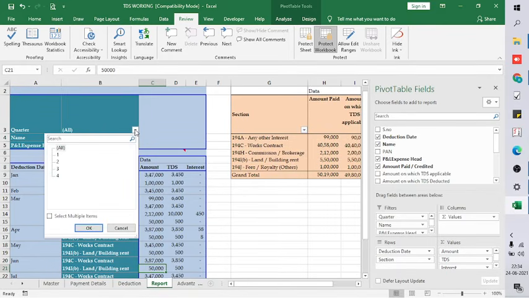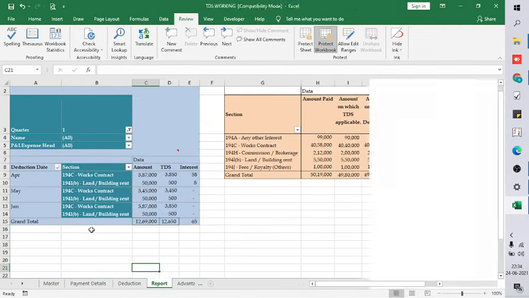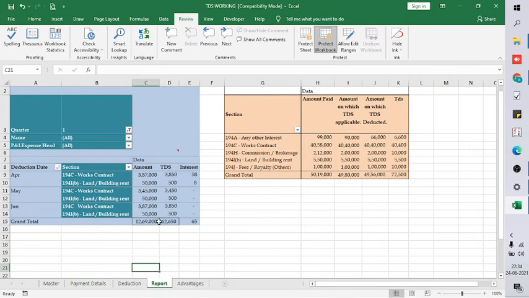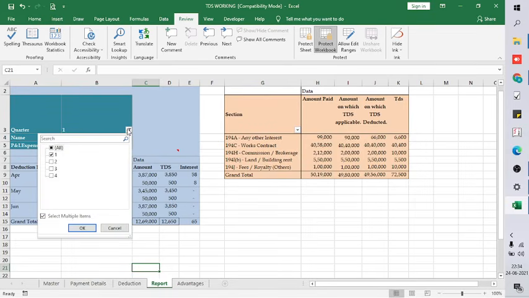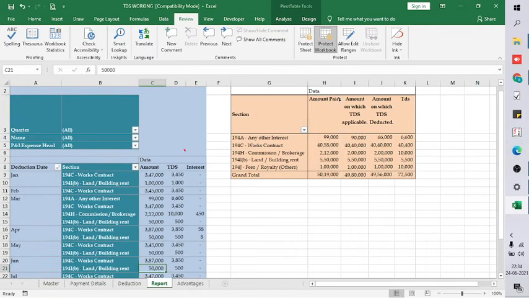And again, if you want to see the data quarterly to match with your TDS return, you can use this filter. So these are the data that should go in your quarter one return and so on. This next table data is relevant for 3CD working. This is something that you have to report in clause 34 of 3CD, and if this data is properly filled, this data is readily available for your 3CD reporting.